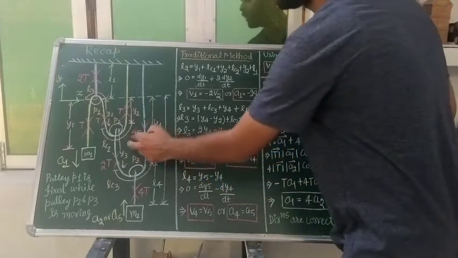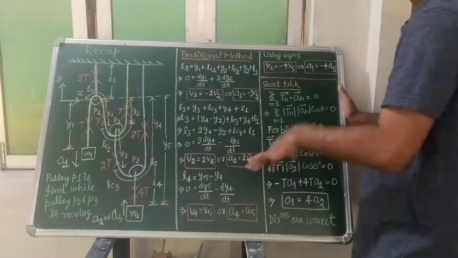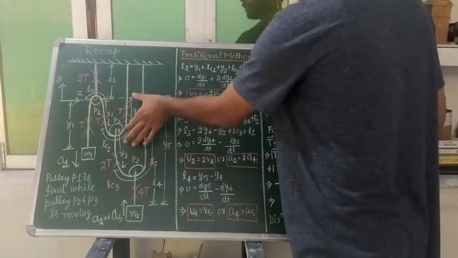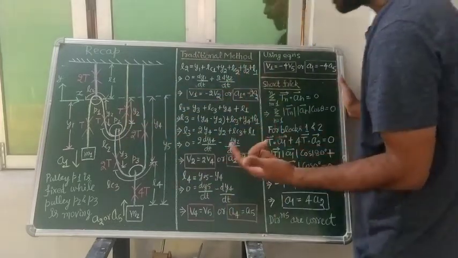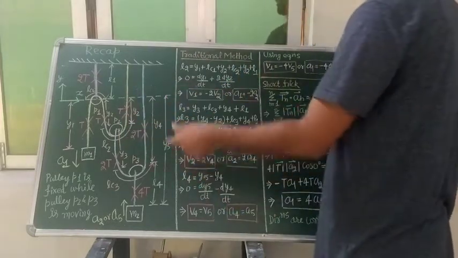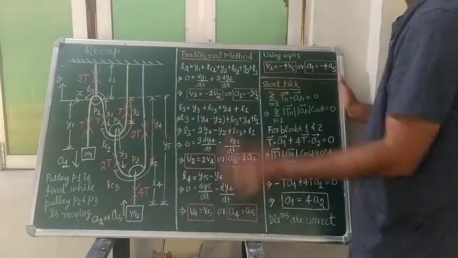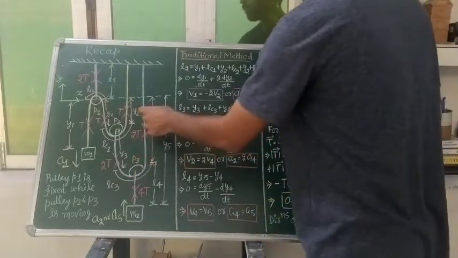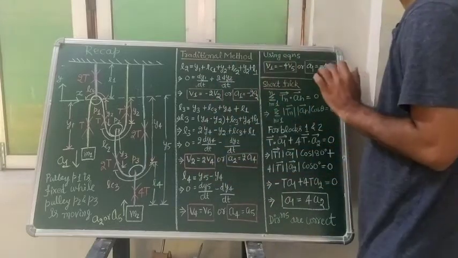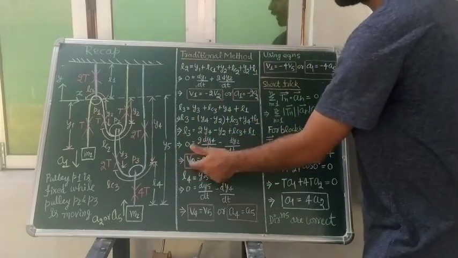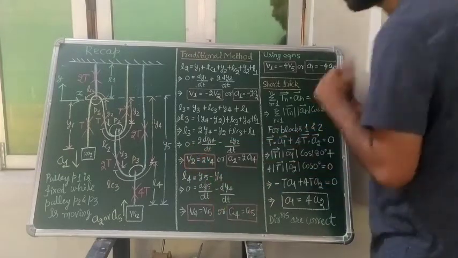But when we select the third string, we get the relation between V2 and V4, A2 and A4. Meaning is that whatever will be the velocity or acceleration of this pulley P2, half of it will be the velocity or acceleration of this string Y4, or you can say pulley P3, and they will be in the same direction. They will be in the same direction because whatever sign you have chosen here, the same sign is coming here, or you can say the positive is coming.